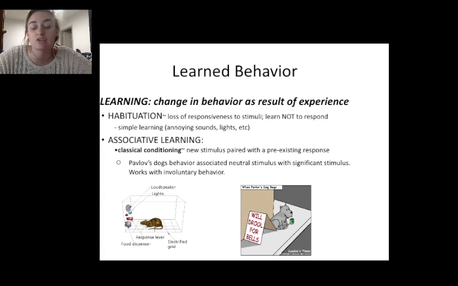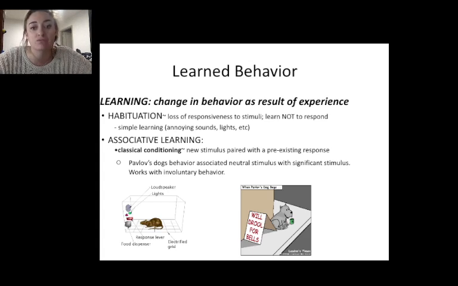And what the observation is, is that you can have the new stimulus create the response after not being paired with the unconditioned stimulus. So therefore, you're having a response triggered by a new stimulus that has no association with the original stimulus or the original response. So there's a lot about this behavior researched by Pavlov's dogs, where we had an unconditioned stimulus